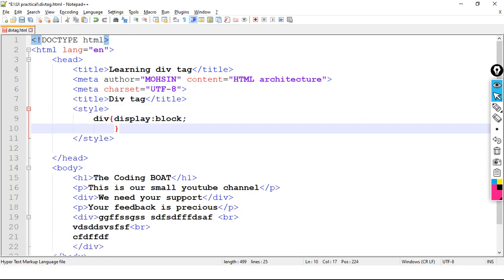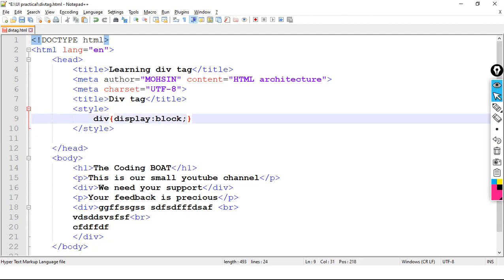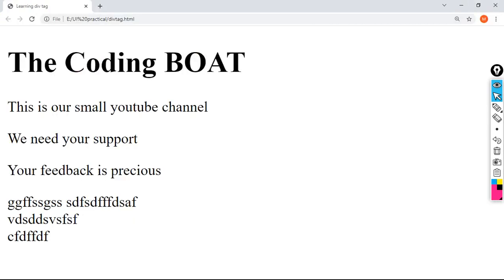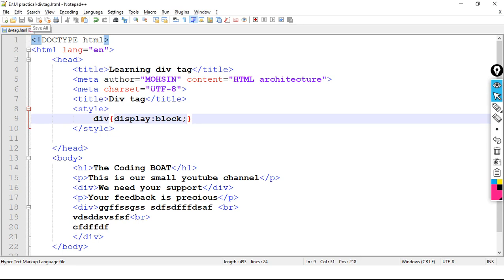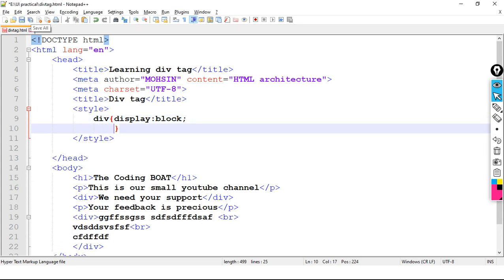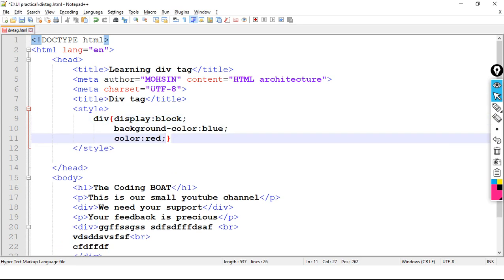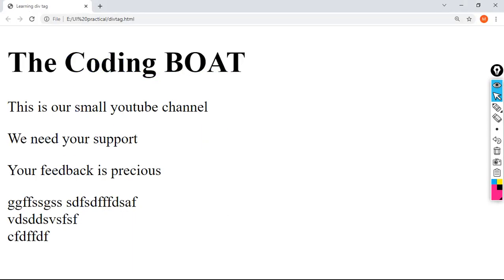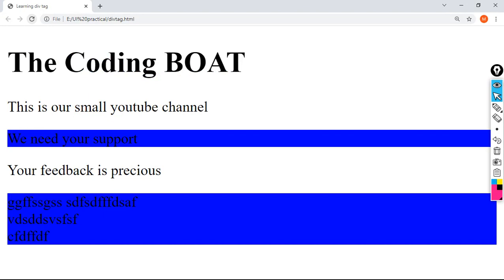In style, I am having div display block. Observe, I am refreshing the page. Now I am making use of background color equals blue. Save the code and execute.